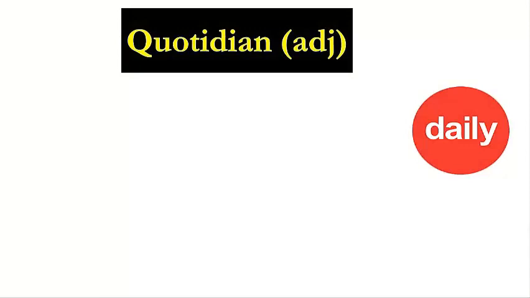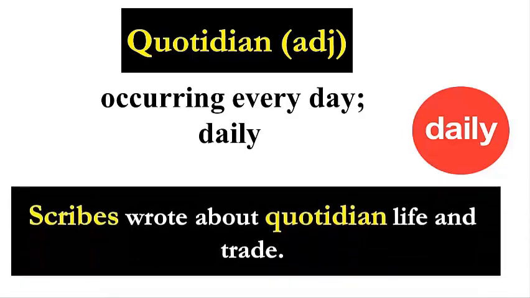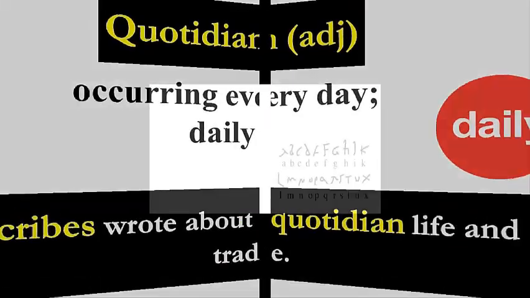Quotidian. It's an adjective meaning occurring every day, daily. It happens daily. Scribes wrote about quotidian life and trade. Next word,